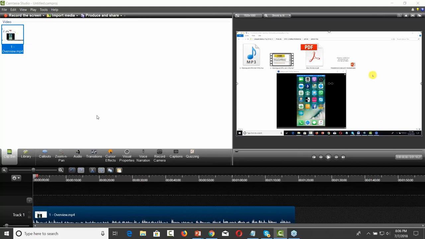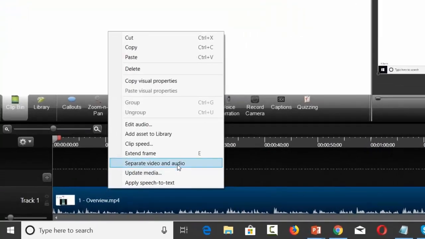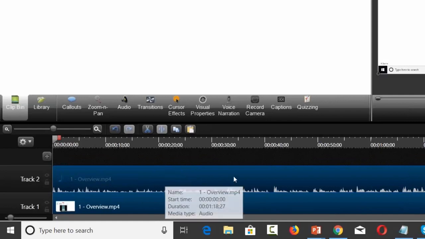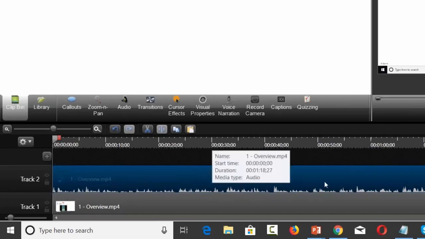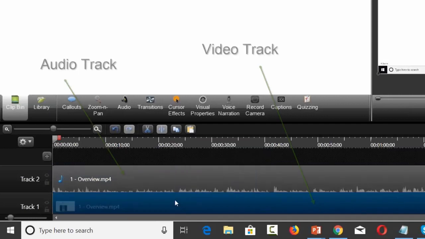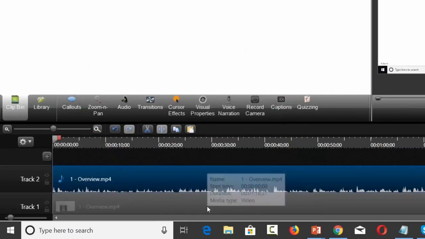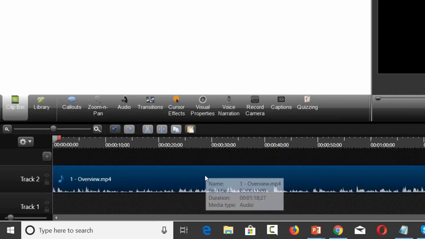In Camtasia it is. And so all we need to do then is go to Camtasia, go onto the timeline, and right click that timeline, and then you're going to see a menu item here. It's going to say separate video and audio. And then we're just going to click that. And then you're going to be able to see the audio, and you'll notice the audio because you can see the peaks and valleys where the talking is happening. And then the video. And that's all we really need to do in order to turn our video into audio. Because in Camtasia, all we need to do then is just delete the video track, right? And then we can just pull this down to the